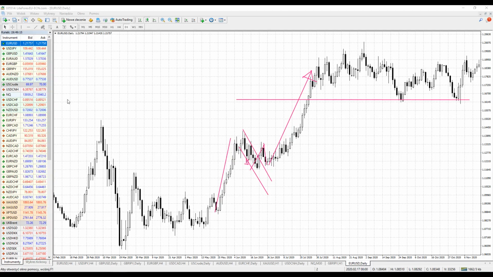I'm looking always for manipulation, so both sides' stops are hit, then the next breakout or breakdown, depending on the direction, is what I'm going to take. And finally, head and shoulders,